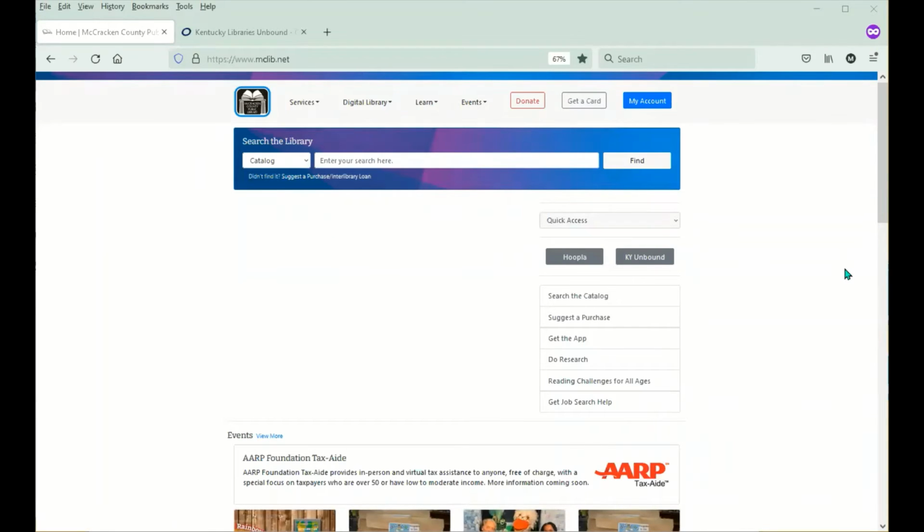Now I'm going to show you what using Kentucky Libraries Unbound looks like on a desktop. And even if you have the app on your phone or your tablet, I think it's a good idea to get used to using this sometimes, because you can get on desktop and browse around. And if you're using it with Kindle, you may not even want to use the app unless you're using it for audiobooks. So this is our library website, mclib.net, and we have a Kentucky Unbound link right here on the